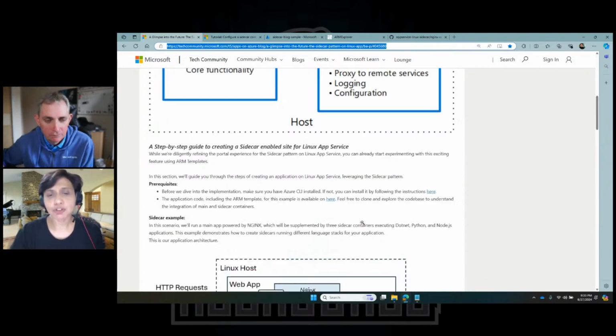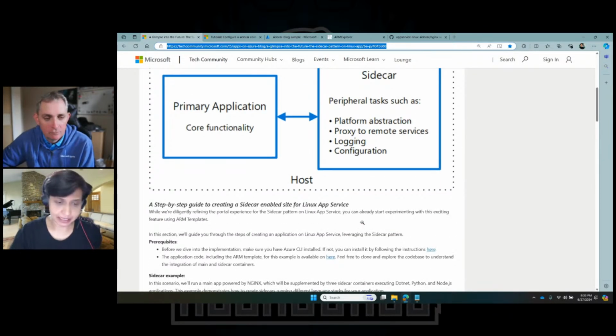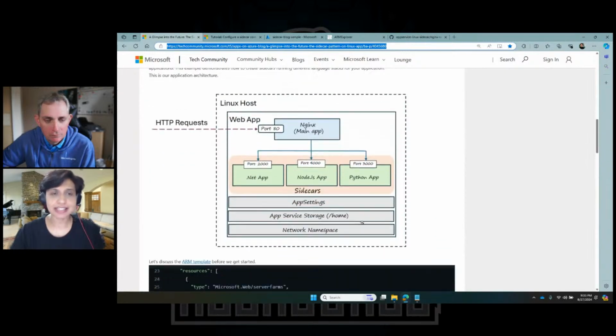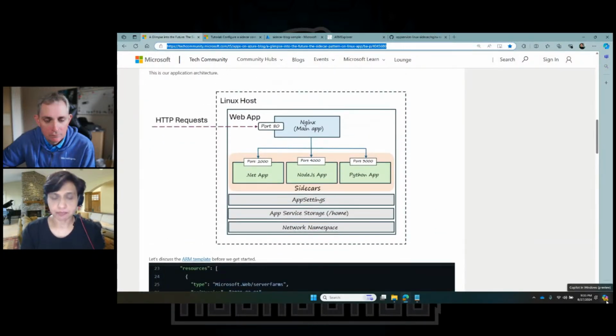I'm going to start with a very basic demo. This is the app that I want to create. We're talking about Linux App Service specifically. All your applications run on a Linux host. For us, the Linux host is Ubuntu.